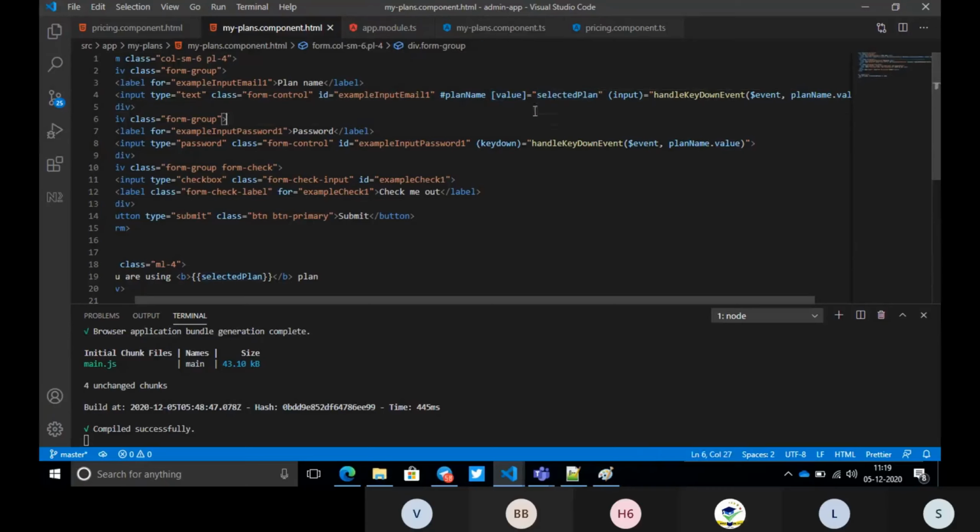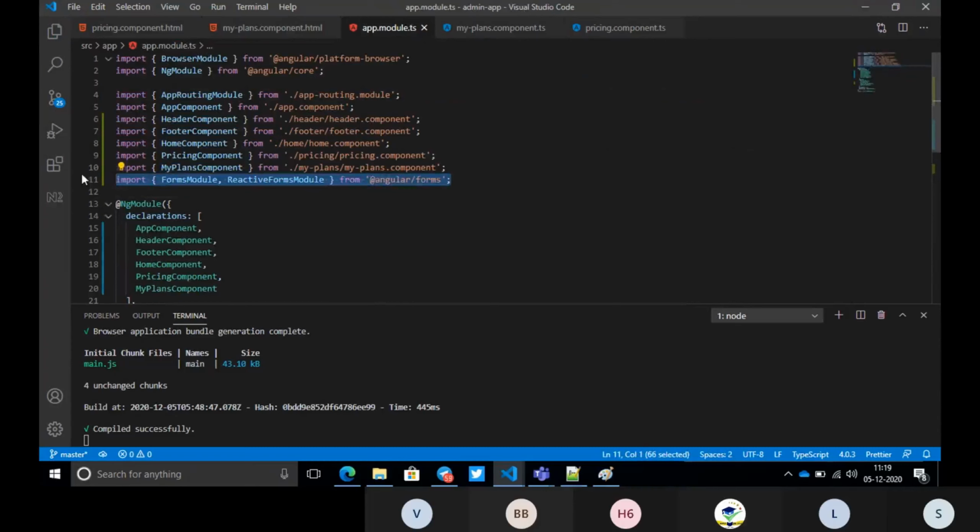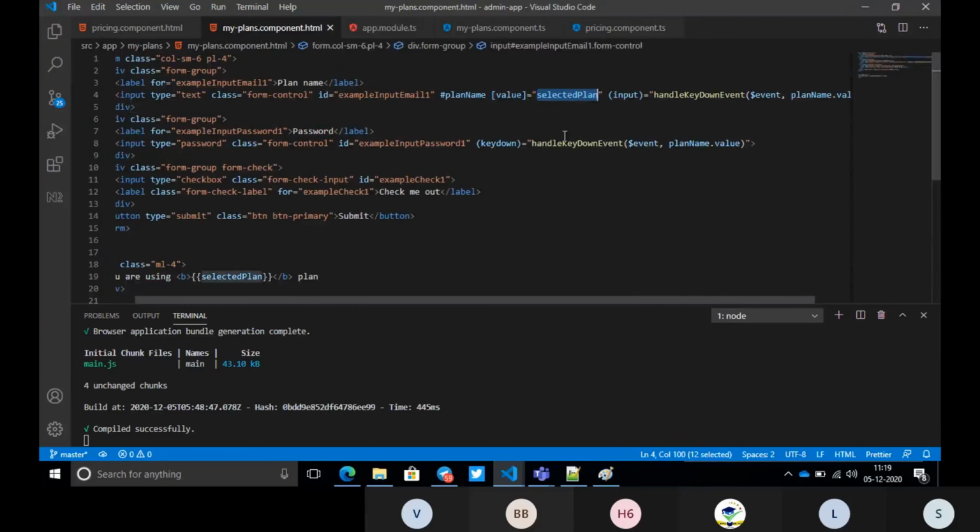But if you want two-way binding, we usually write ngModel like this and give the value. With ngModel it will work fine without any issues. But since this is a new project, I did not set up any import statements here. That's why you are seeing some error, but I will fix it for you.